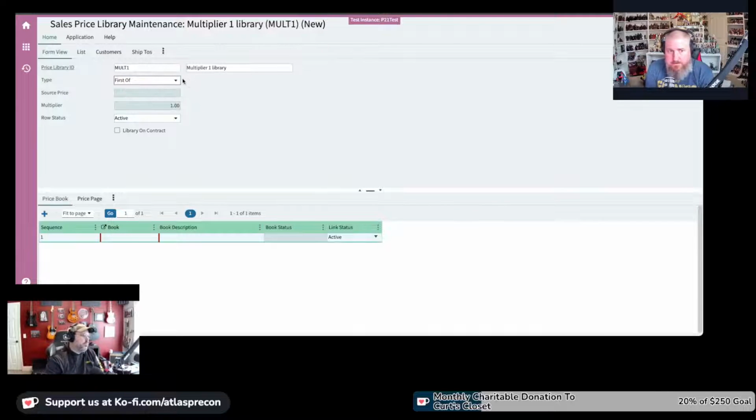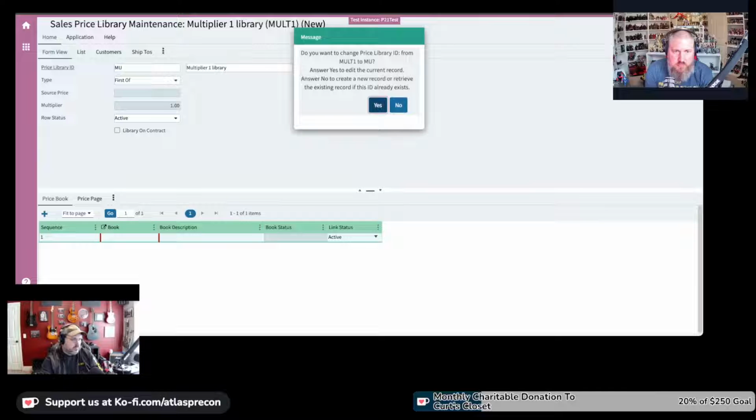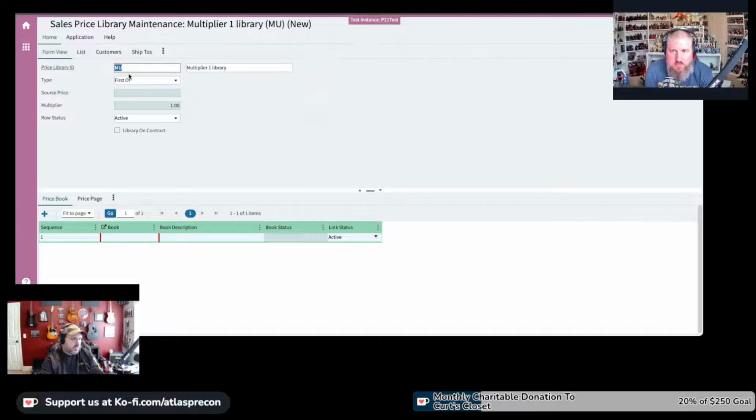All right. So you give it an ID, you give it a name, and then you have to pick the type. And also, hold on, make it make sense. Don't just name it arbitrarily, because you potentially could take this library and assign it to multiple customers, or it may be a single customer. So whatever your naming convention is, make it make sense. So in this case, instead of Molt 1, let's try to make a little bit more sense. Let's say,